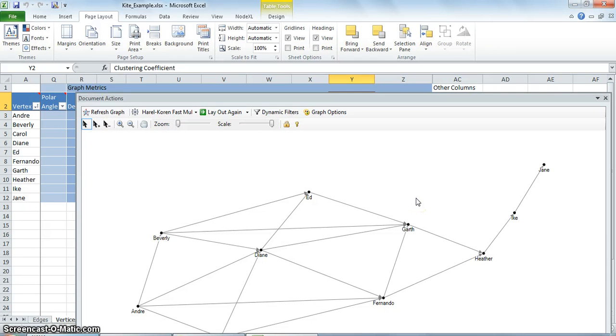For example, over here, Heather's 3 neighbors are Fernando, Garth, and Ike. Only one connection exists between any of them, the connection between Fernando and Garth. There are 3 possible connections: between Fernando and Garth, Fernando and Ike, and Garth and Ike.